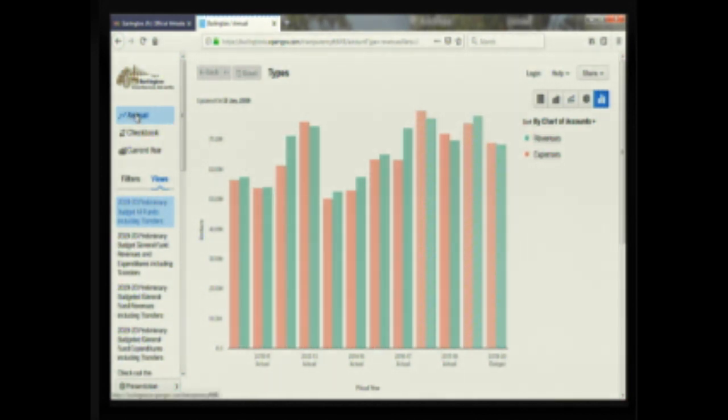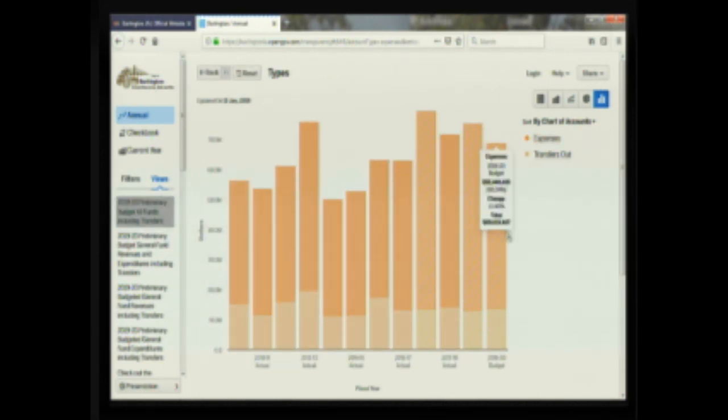On the left-hand side, you have the annual information with different views. Those different views will give folks a chance to toggle through information and look at it in a lot of different formats. The first one, which is what's open here, can allow you to go over and look under the 1920 column. Take a look at, for example, under expenditures. You can look at the overall expenditures are $55 million with transfers of